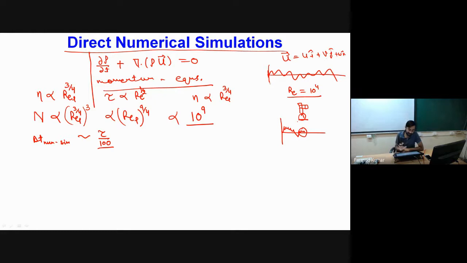So for doing a simple direct numerical simulation within the range of, say, 10 to power 6 Reynolds number, even with good computational resources, it may take a number of years to get the solution. Okay, so that's why direct numerical simulation is not very much used in industrial and engineering applications. However, it is used only from the perspective of academic research.